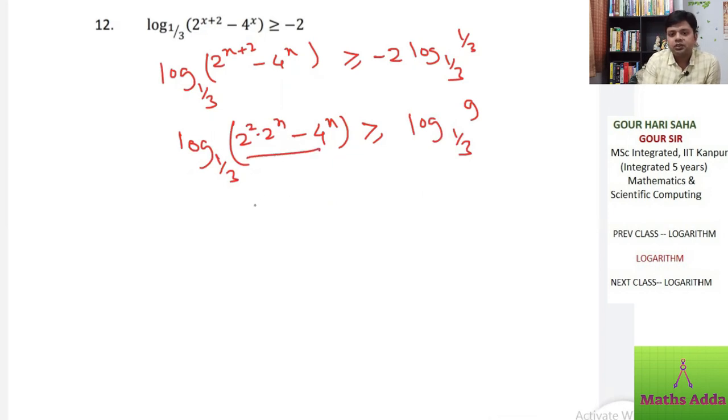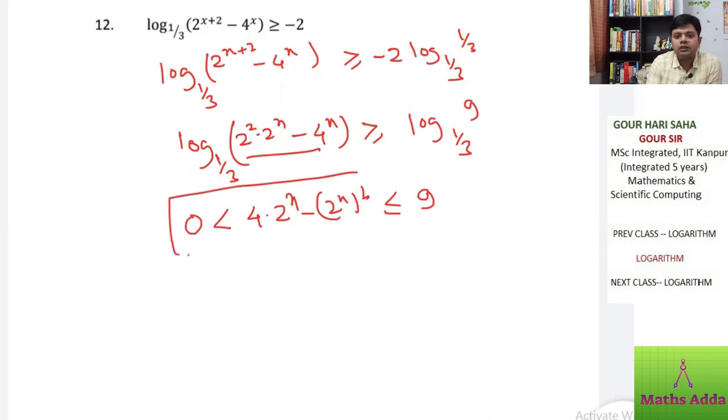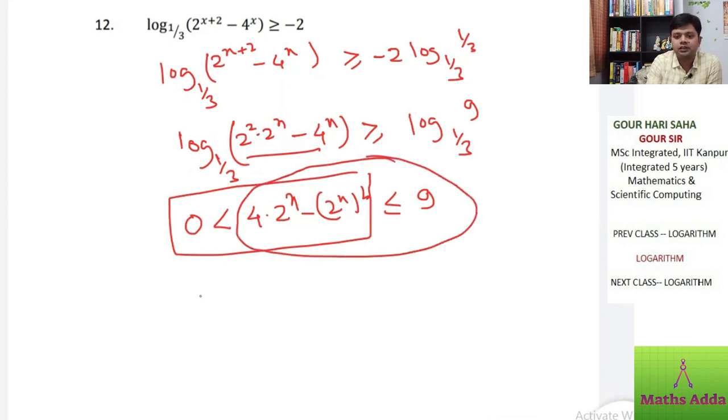So this, that is 4 into 2 to the power x minus 2 to the power x whole square is less than equal to 9, and there should be a condition this is more than 0, right? So now we will have to solve this one as well as this one, and we need to take intersection of that. So this first part, bring all the terms to one side, and at the same time put 2 to the power x is equal to t. It becomes t square minus 4t less than 0,